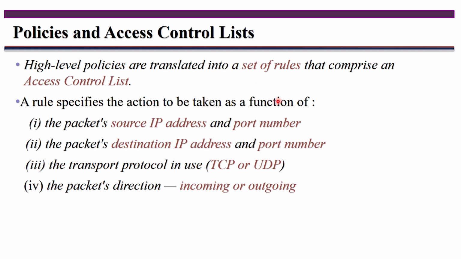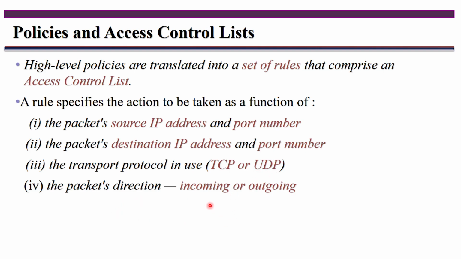So usually what the set of rules contains is for packet filters. Okay, for packet filters, it contains the IP address and port number of the source and destination, and which type of protocol you are using for making communication. If it is a connection-oriented network, then you are using the TCP protocol for communication. If it is a connectionless network, then we are using the UDP protocol here.